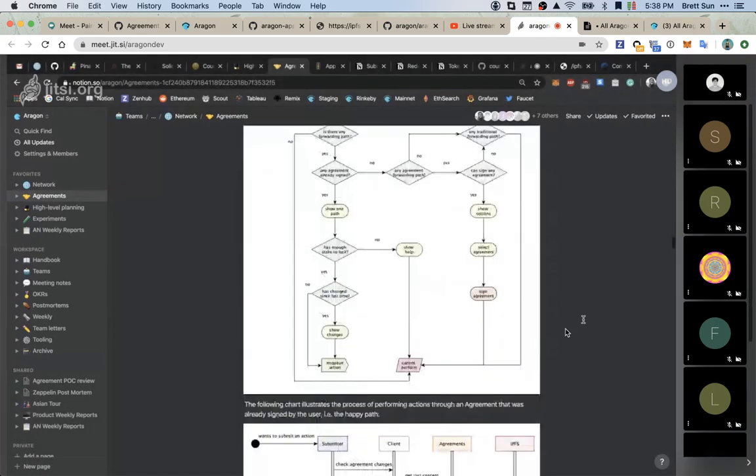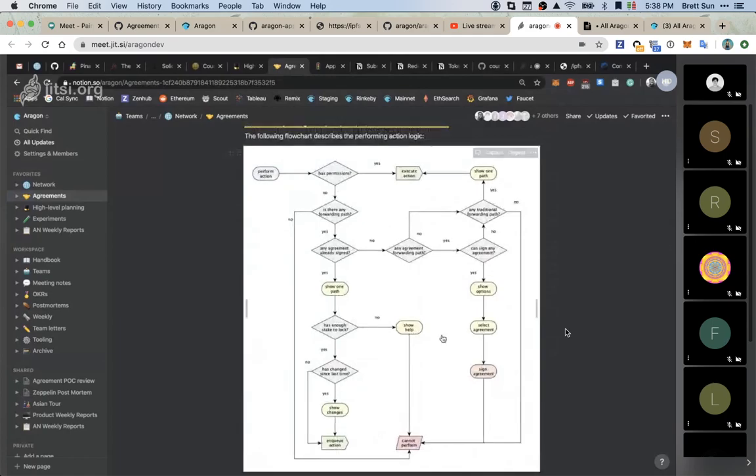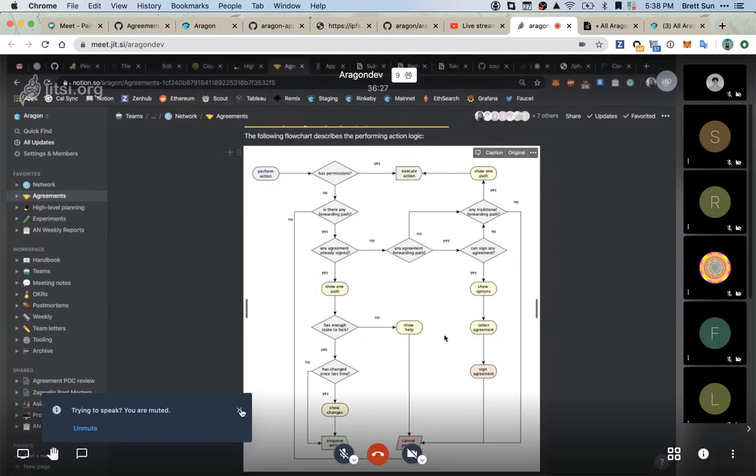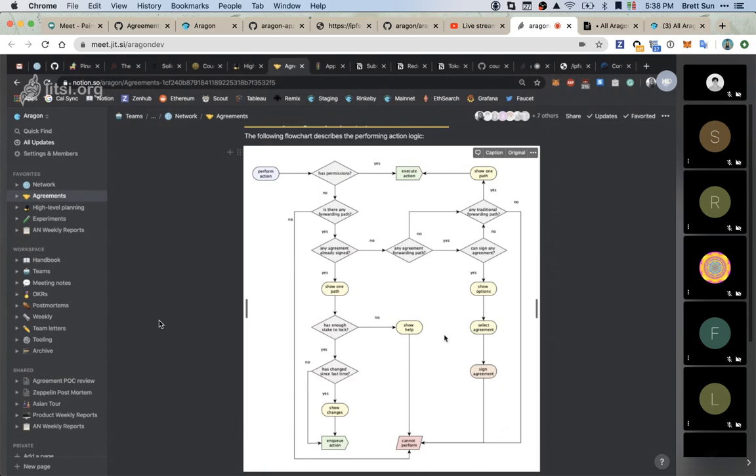So, performing actions. Here was an interesting, a complex scenario around forwarding paths. I'm not going to get into the details about this. This is because now that we have the agreements, again, being the man in the middle of any action that the user can perform, we have more different situations of transaction paths we may want to offer to the user. So we're going to reduce the scope here